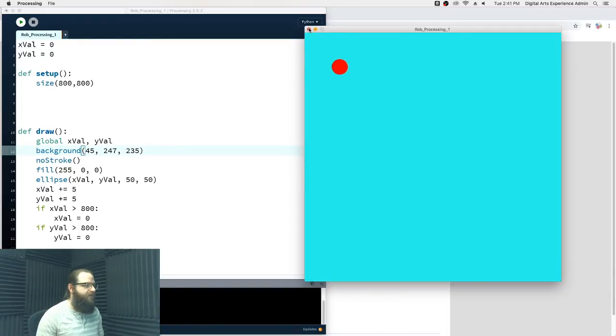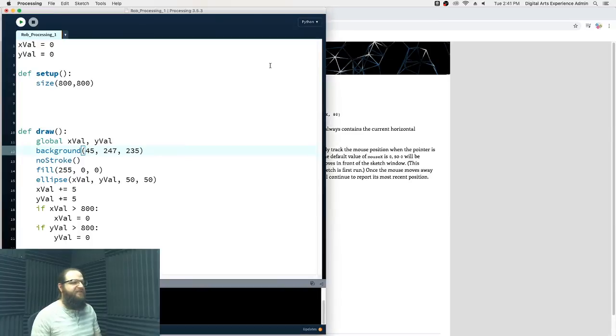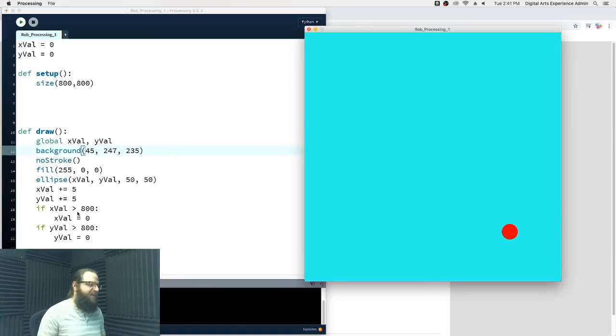Very cool. I just want to quickly explain what I was talking about with the if x val is greater than 100 and y val is greater than 800. We could actually write that another way that would work really well. So the ball comes directly across, and the x value and y value are going to hit 800 at the same exact time because we're starting at 0, 0, and we're increasing the number equally, right? So the y value and the x value are increasing by 5 equally, right? But if we had the ball coming down this direction, right,